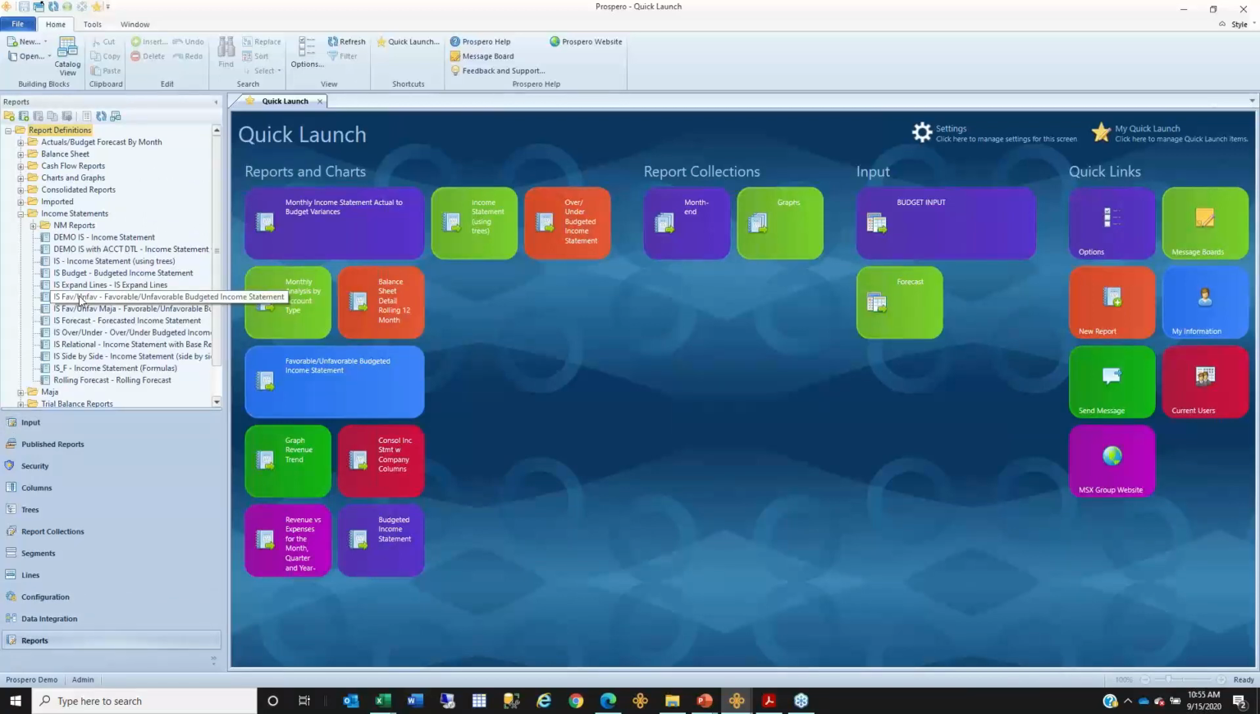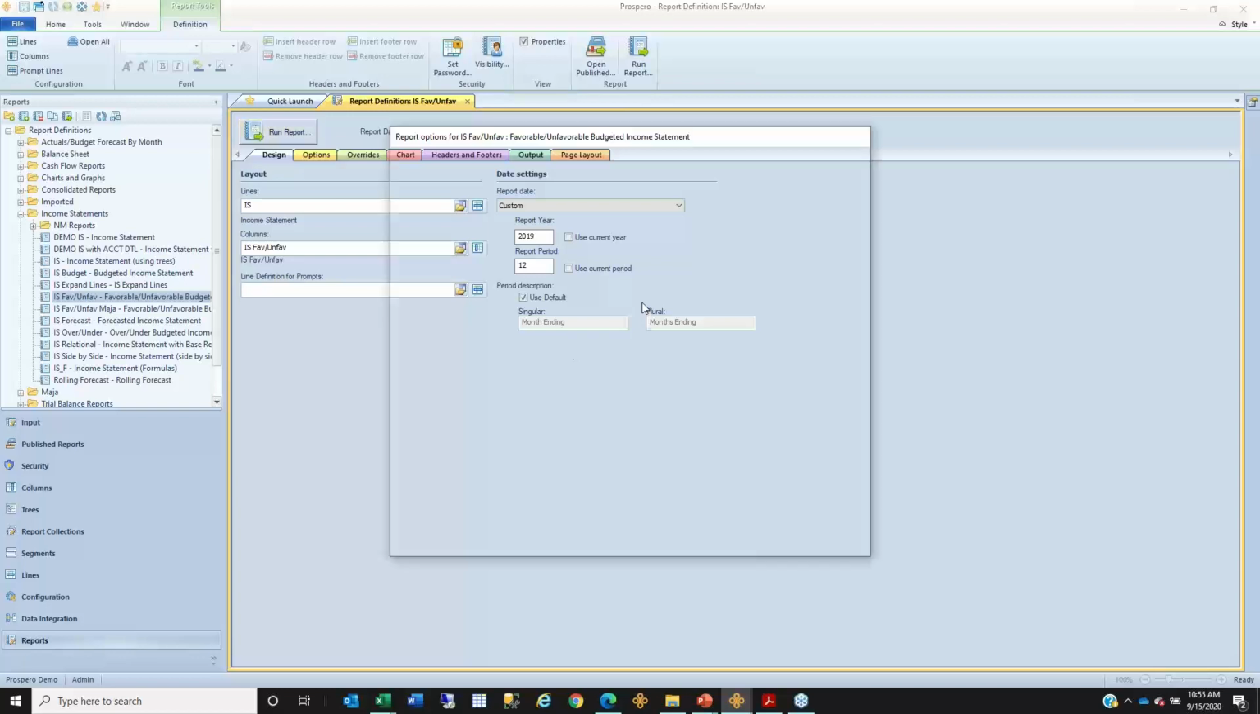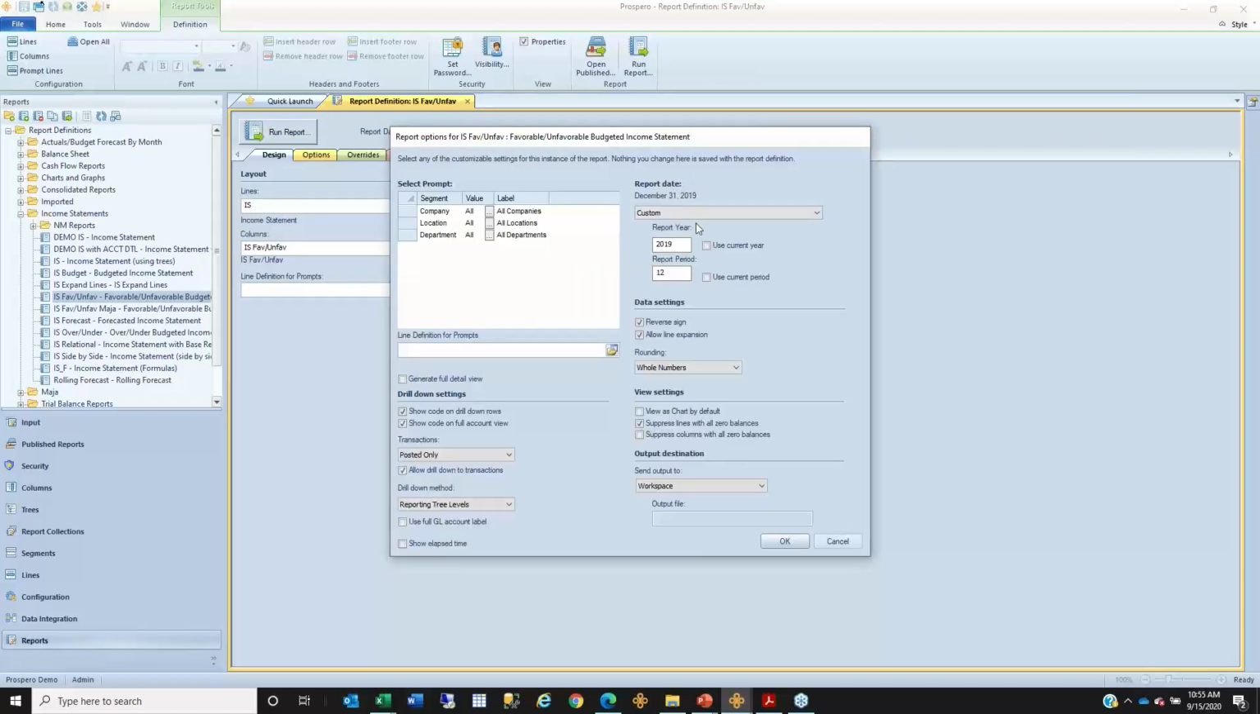Now the only thing different is when I, as the power user or administrator, log in as a designer, I'm going to be able to see the very nice line and column being used. I'll simply run this report. And if you have a user that has report run privileges,